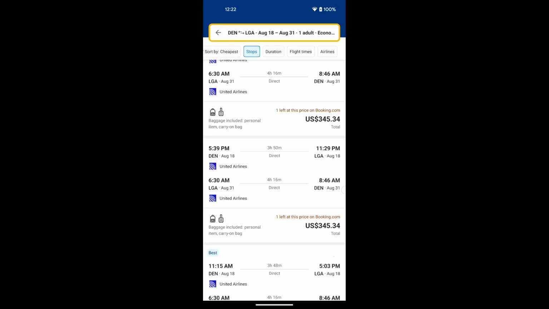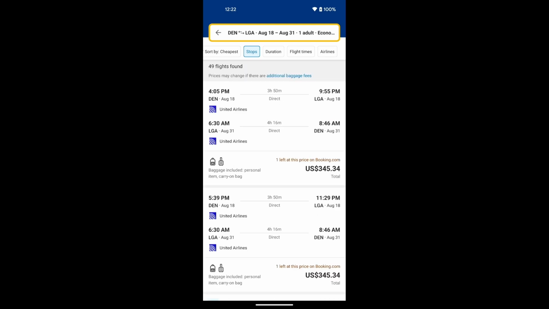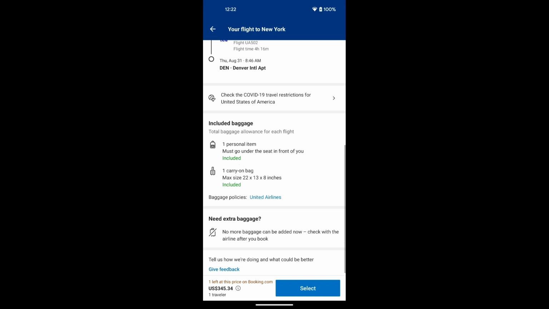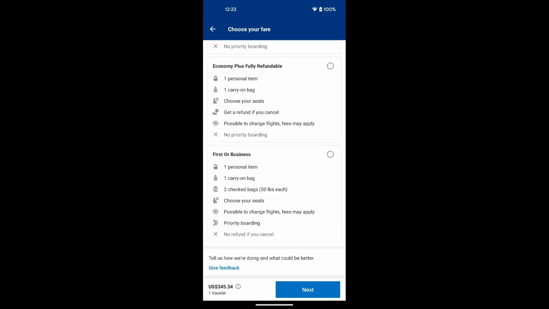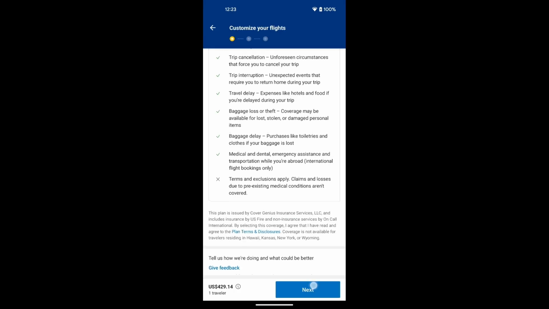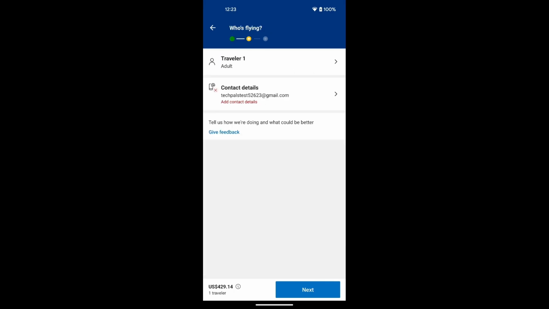Then, select your flight and click select. It will show you the different classes you can choose. And click next. Click next.